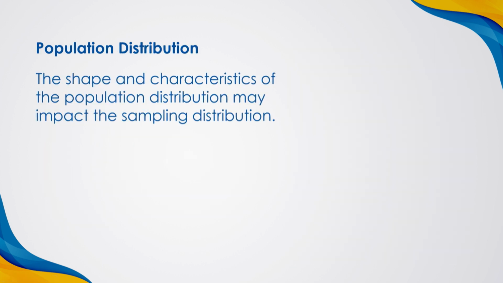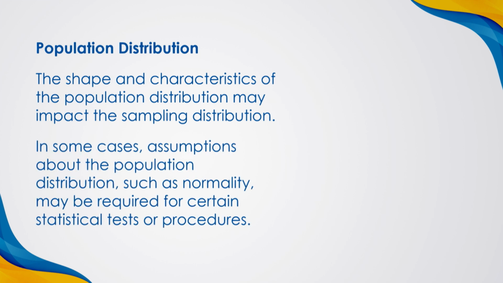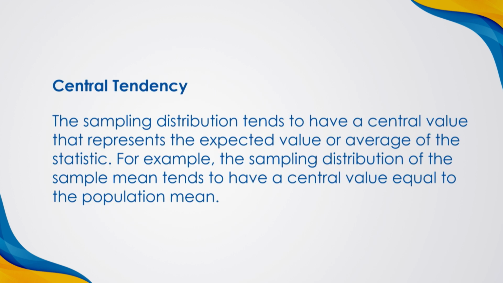Population distribution: the characteristics of the population distribution may impact the sampling distribution. In some cases, assumptions about the population distribution, such as normality, may be required for certain statistical tests or procedures. Central tendency: the sampling distribution tends to have a central value that represents the expected value or average of the statistic. For example, the sampling distribution of the sample mean tends to have a central value equal to the population